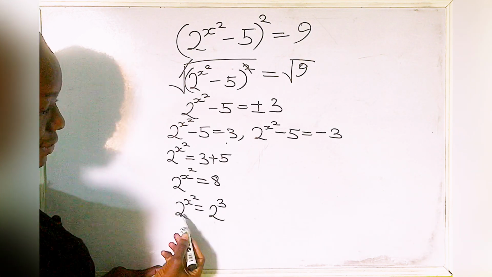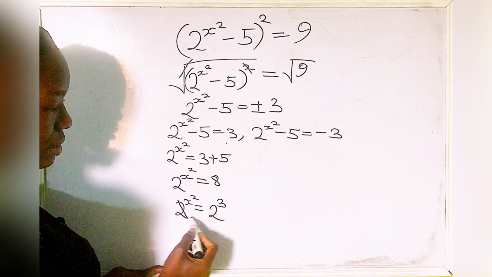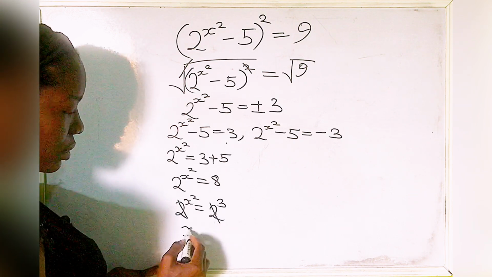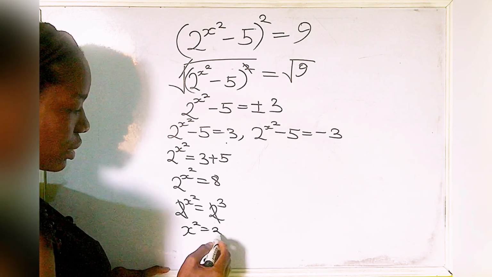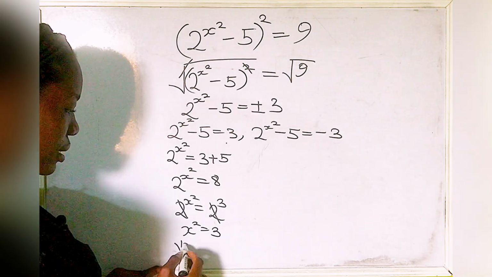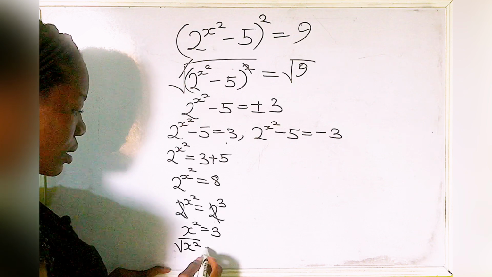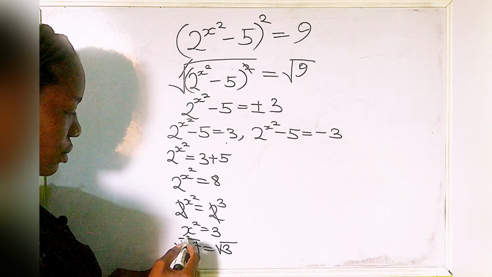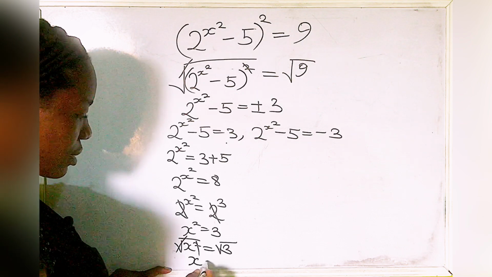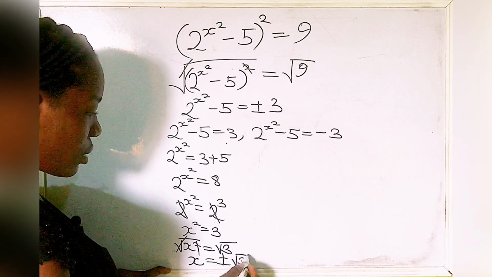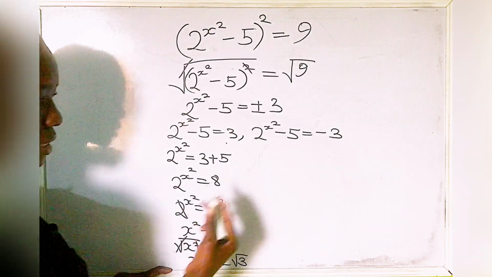Now at this point, we have a common base, so the bases can cancel each other. So now we're left with x squared is equal to 3. Here, we introduce our square root and say this is equal to square root of 3. The square cancels the square root. So now here we have x is equal to plus or minus root 3. Now here we have